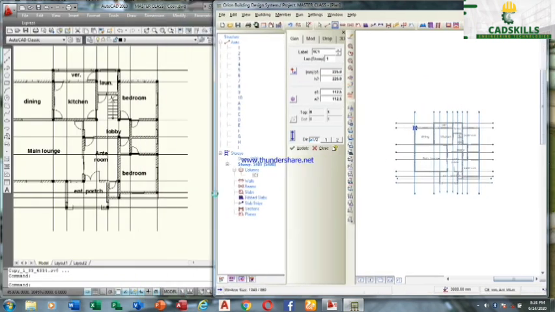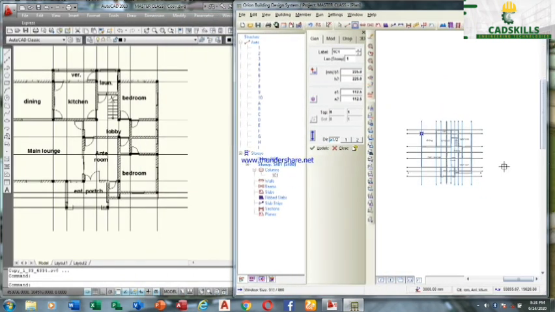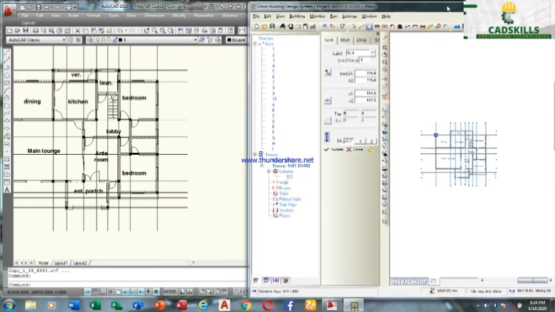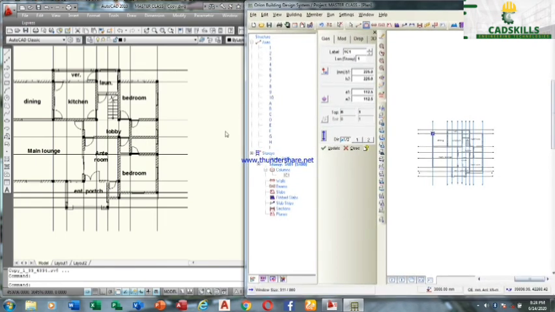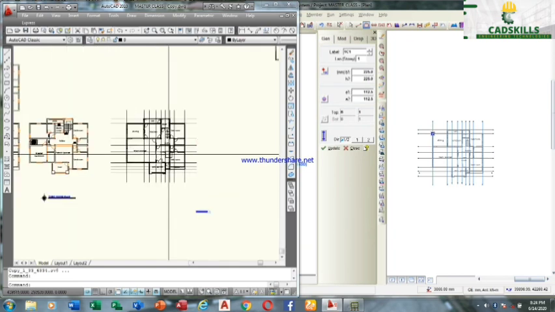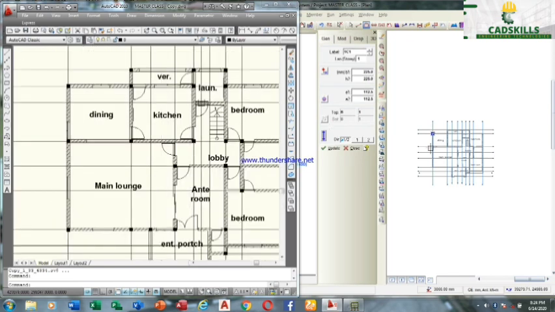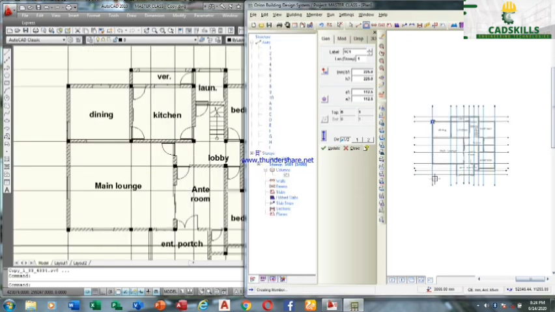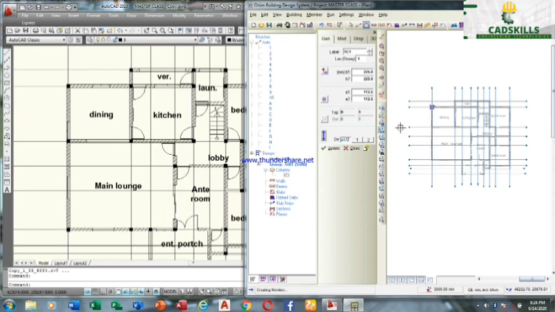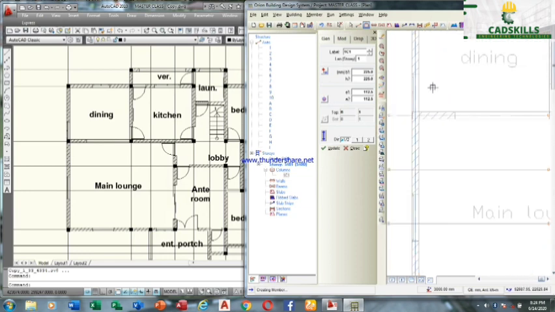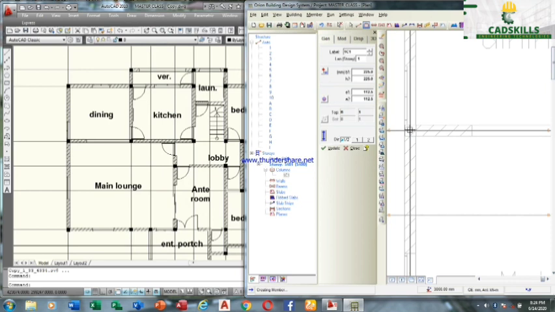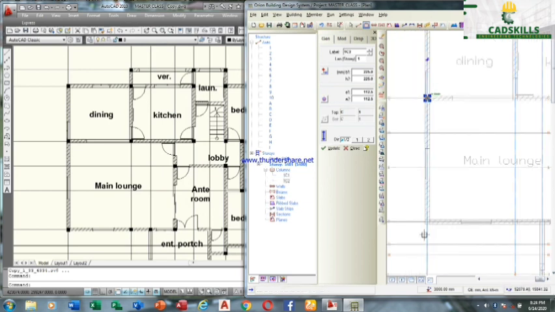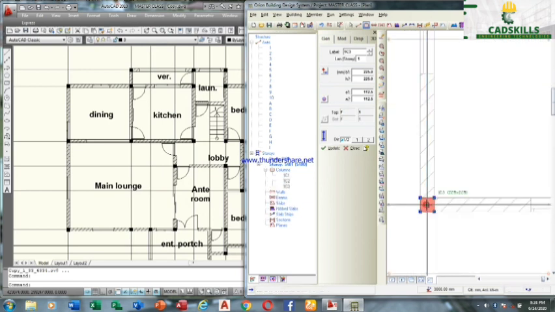You see it now? You can actually put the two together so that it will be easy for you to identify where the columns are. Now with this, I can just be looking here and be putting my columns. I put a column because there's a column there. See, I put here,